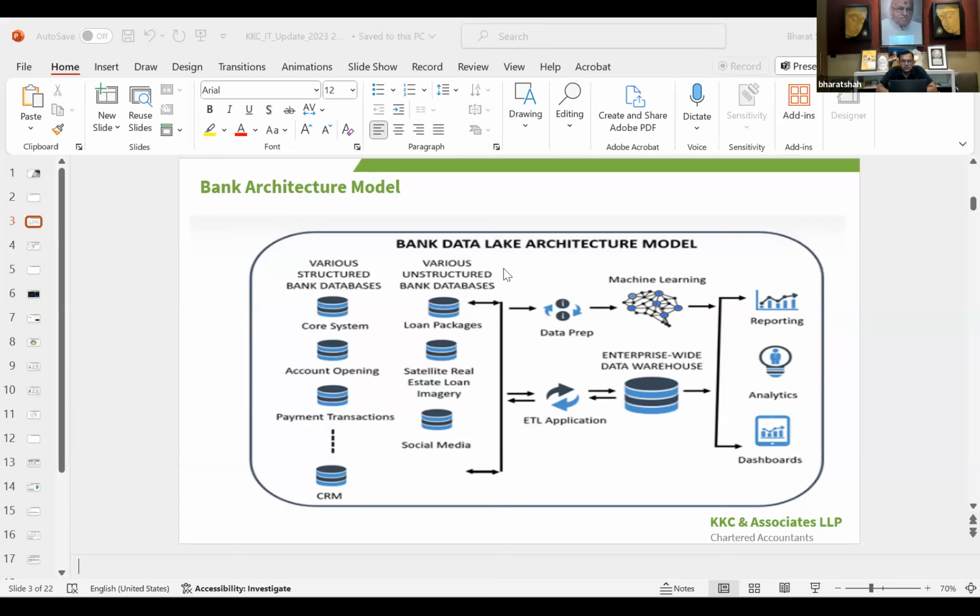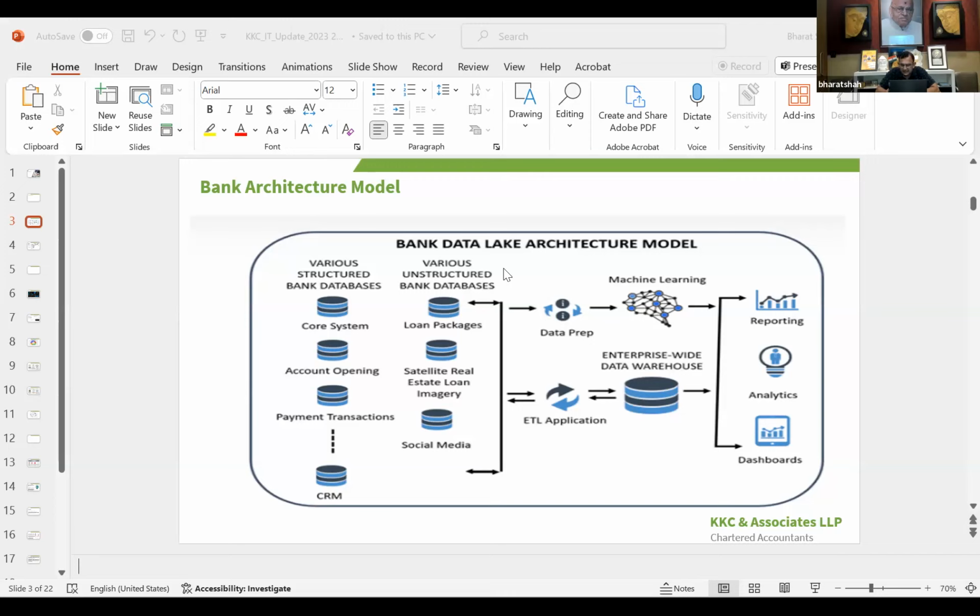Along with that, also the social network information, what kind of trends are there on Instagram, Facebook, which many of the banks are feeding into their system, and creating a customer 360 layer, which also helps to predict what would be the customer preference from the perspective of what kind of expenses they are doing. Now you can see credit card is prevalent. So based on the analysis done by the banks, they then decide on the products.